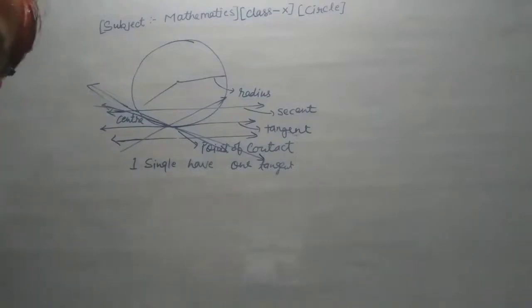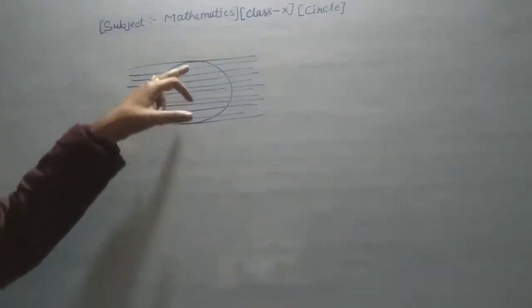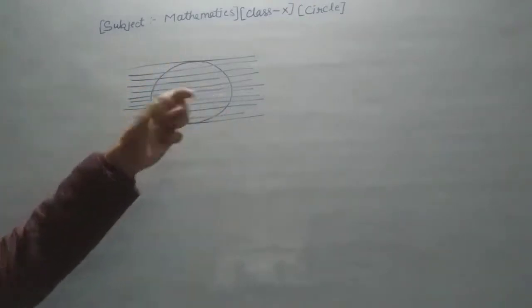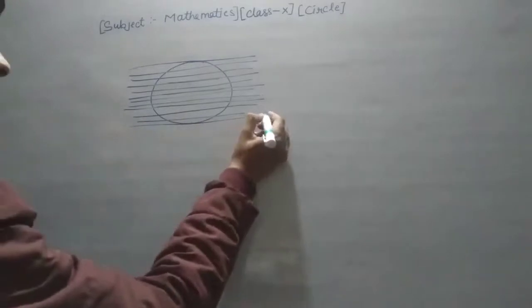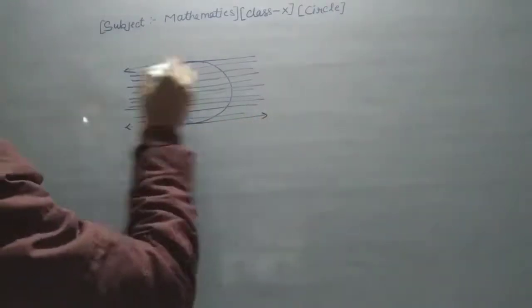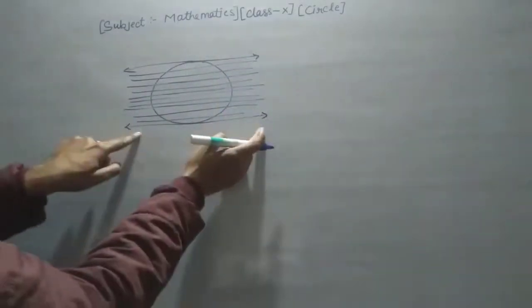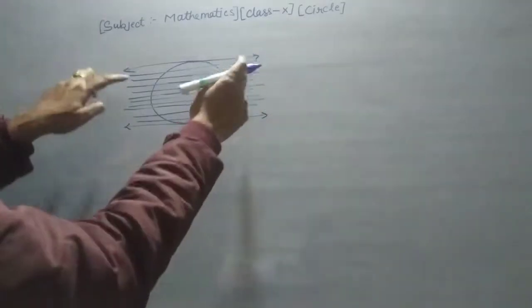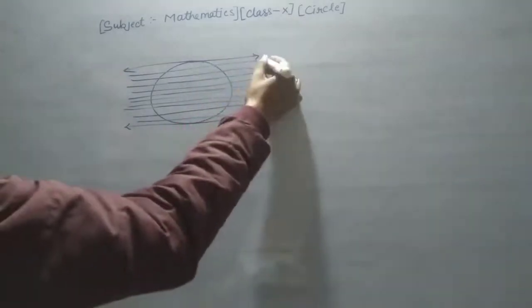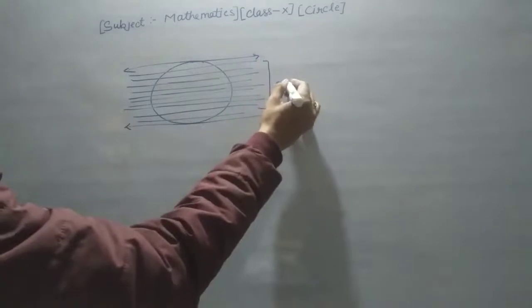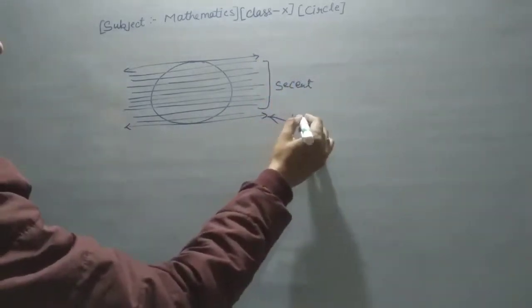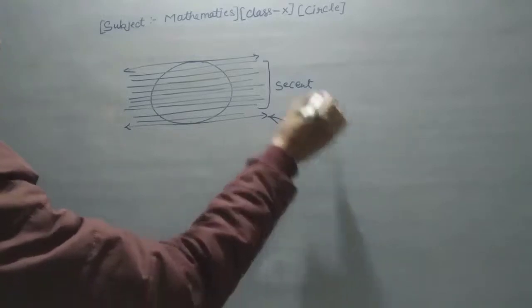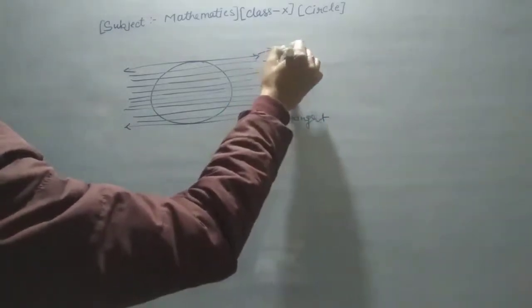So see this here. Now you have to see this is a circle. Here this is a circle and this is your tangent and this is your tangent. So this is a tangent and this is a tangent and these are the secants here. These all are the secants here and this is a tangent and student this is also a tangent here.